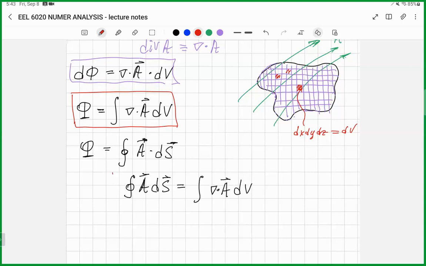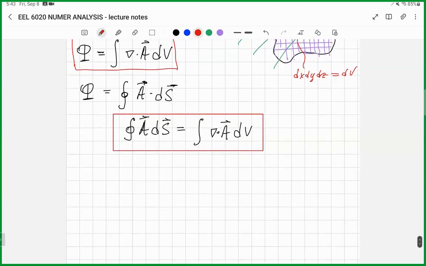Very important formula. So let us put it in parentheses. So this is known as Gauss theorem, also known as divergence theorem. Okay, so basically this formula tells us that